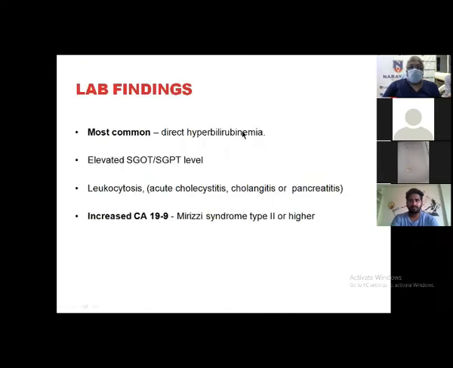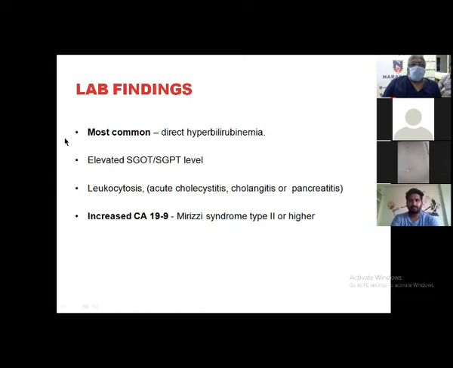Lab finding: direct hyperbilirubinemia. Now, one point for all the postgraduates: anywhere the direct fraction is more than the indirect fraction, it tells you it is cholestasis. That means there is normal conjugation going on, but there is stasis. Because of the stasis, the bile is not thrown into the gut. A direct hyperbilirubinemia is due to cholestasis, can be due to obstruction, or some drugs, or stricture. Wherever there is bile stasis, you will get direct hyperbilirubinemia. This is a take-home message for you.